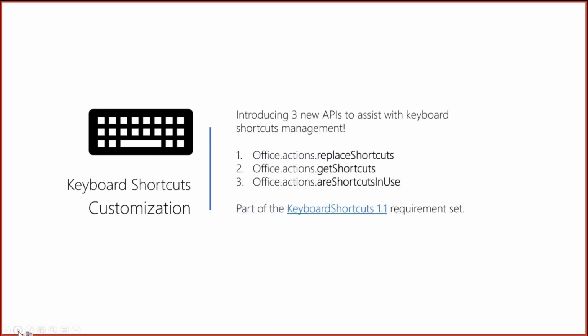that we are now introducing for public preview. There are 3 new APIs that are coming out, and all of these are going to be part of the new Keyboard Shortcuts 1.1 requirement set. If you have any questions about what versions of Excel you can use this requirement set for, go ahead and click that requirement set link in the slide, and it will give you exact details on where